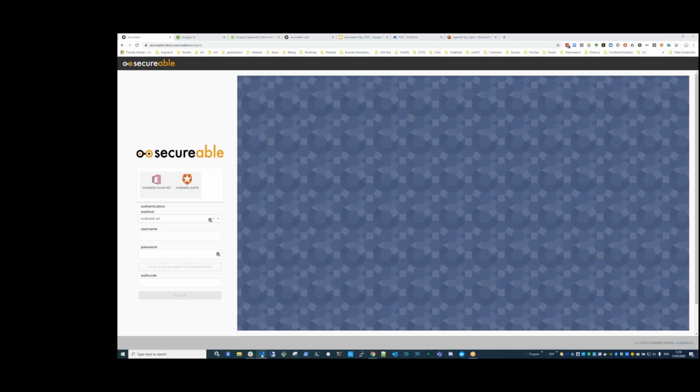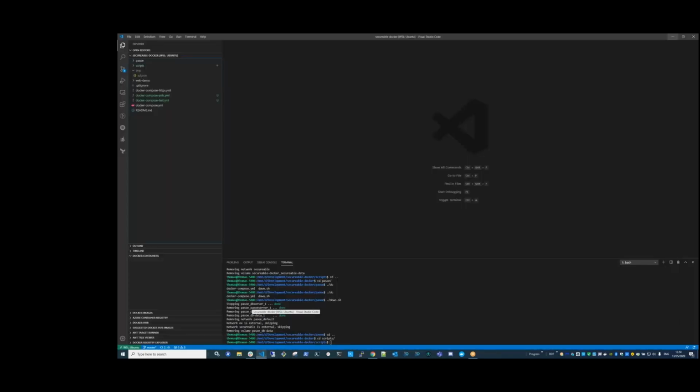Okay. So we've covered a lot of ground here, and Julian's talked a lot about the internals of SECURABLE and what SECURABLE is. I just want to very quickly take you through a few things to show you how we spin up a SECURABLE instance, how we get started with that, and then show you some of the bits and pieces that Julian's talked about.